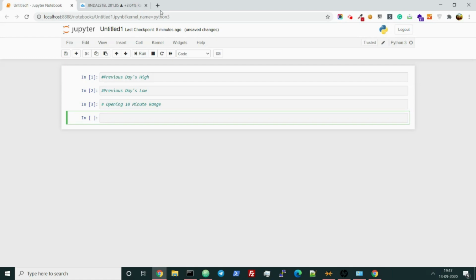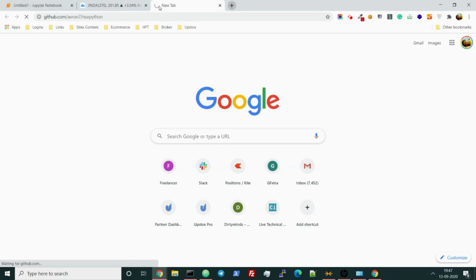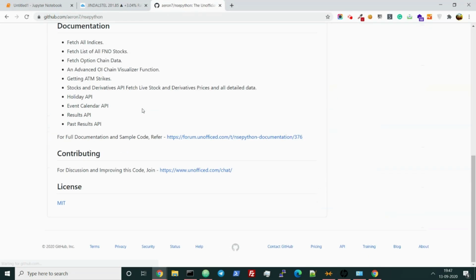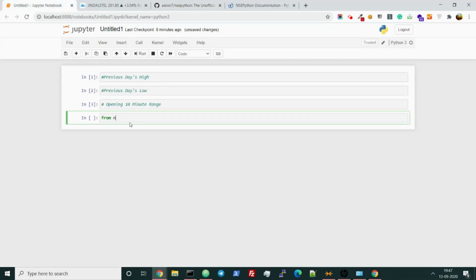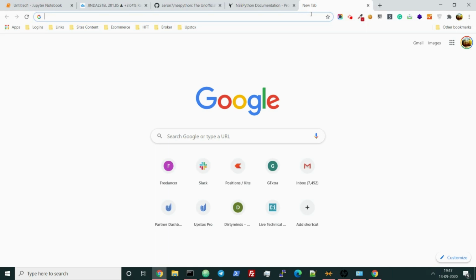So, let's go back to the NSE Python library. We have already installed it, so we'll be starting from NSE Python import. Now for the historical data, there is nothing present in our library, so we need to see from where in the NSE we can fetch that data, right? It ran. Now let's go to the NSE.